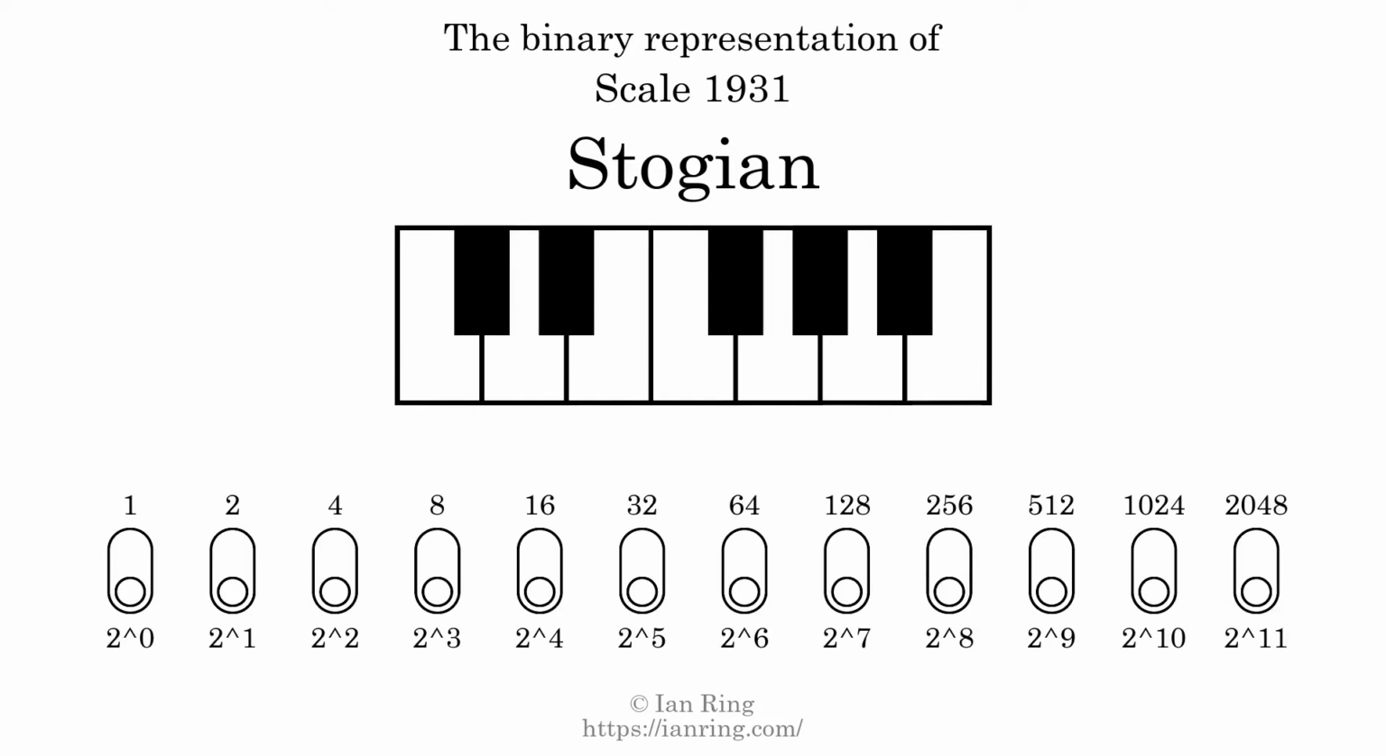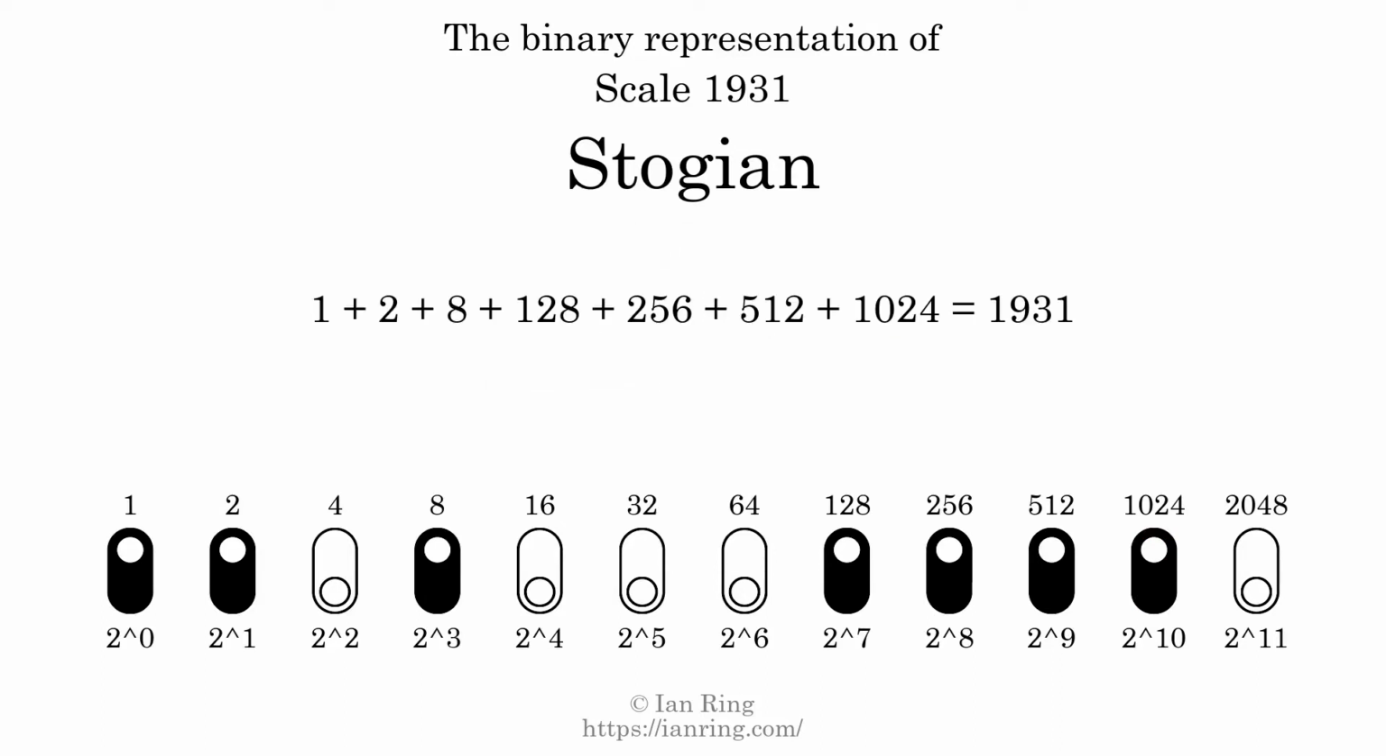The binary representation of this scale is determined by mapping tones of the scale to binary digits. Each binary digit represents a power of 2. To get the scale number, we add the powers of 2 together. The powers of 2 that are present in the scale, all added together, equals 1931. That is why the scale number, in decimal, is